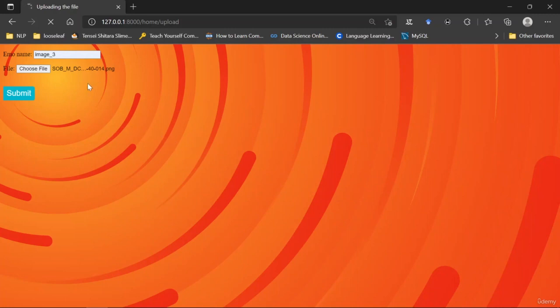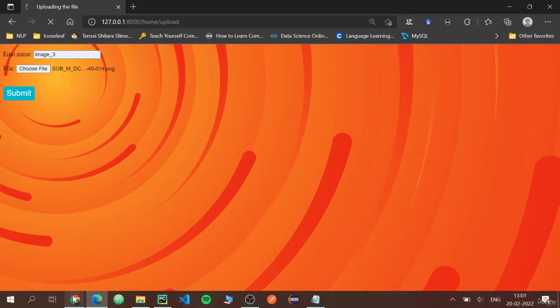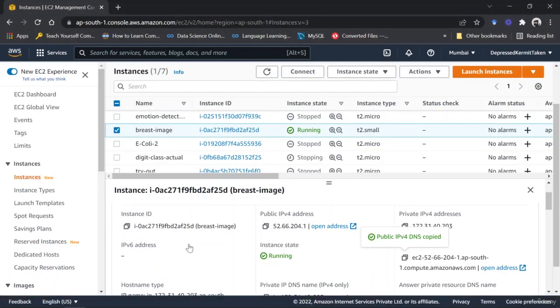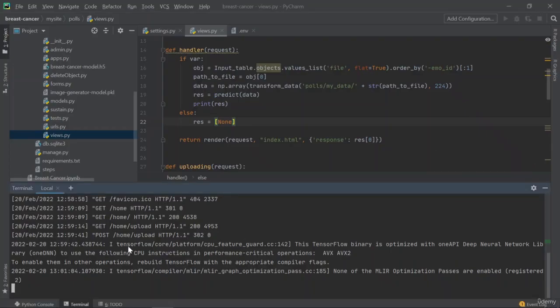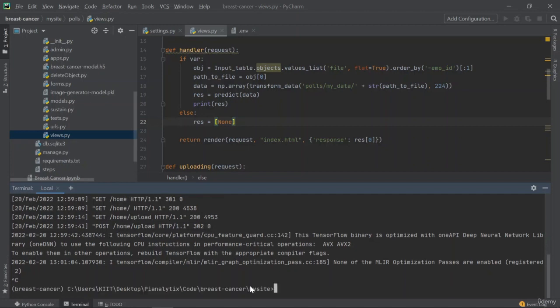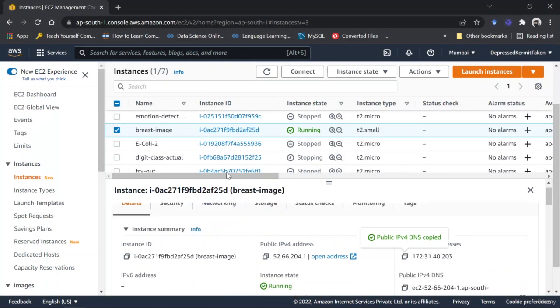I'm going to stop this because it's loading for an eternity, right? I'm going to show you the same thing when we host our website, right? So there you might be able to see it better because my laptop is not able to work on this. Okay, anyways, so I'm just going to stop my server right here. Right, even here you can see that it has started, but still it hasn't loaded the server properly. Anyways, okay,